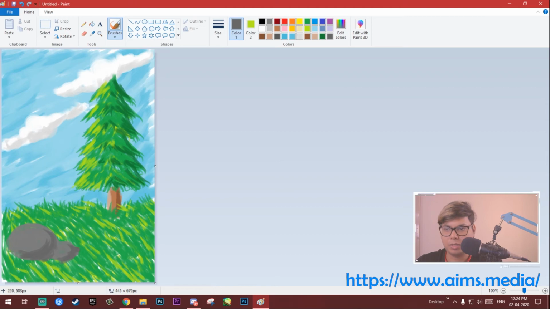So I wanted this rock to be shown as close, so that I will color on top of this. There we go. Then let's add some shine to it. There we go, we got ourselves the two biggest rocks